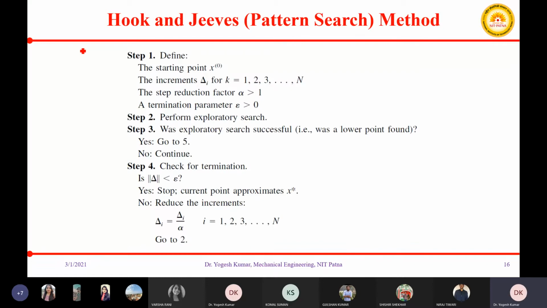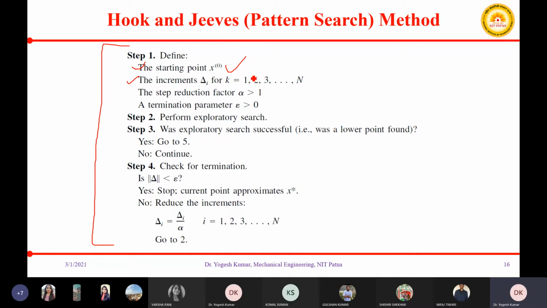So in terms of steps, let us try to examine this pattern search method. Here we choose some starting point, say x0. This might have certain values, and corresponding step sizes we need to decide.